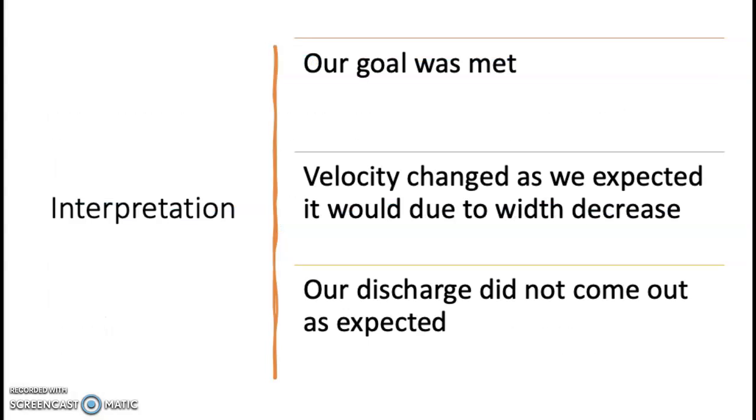So the interpretation of the lab: our goal was met. We meant for the velocity to change, which it did based on the width. The discharge should technically be the same, as I mentioned, as the same stream was being used, but the discharge came out slightly different. This could be due to a tunnel that was in between the 2 sections. However, both sections we thought were far away enough from the tunnel as to where it should not have been affected so heavily. Another factor was